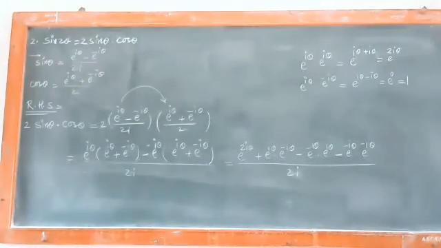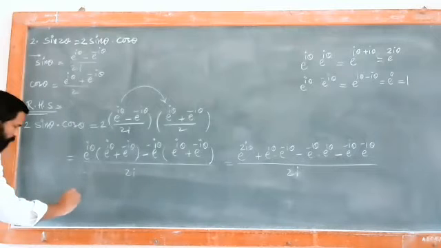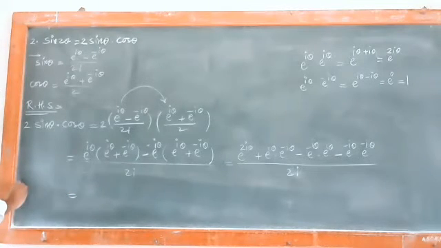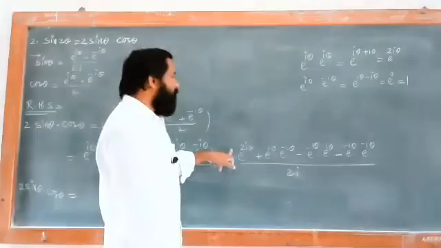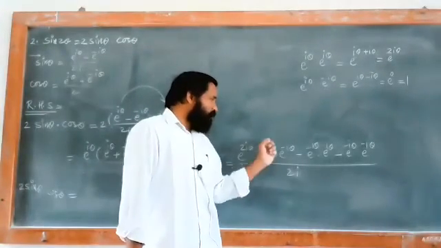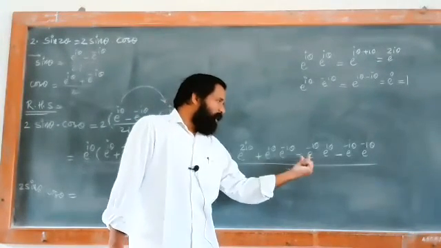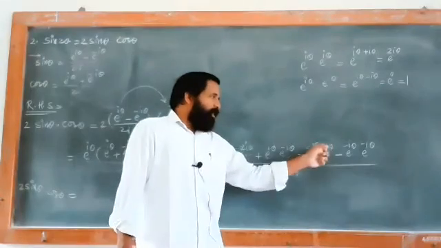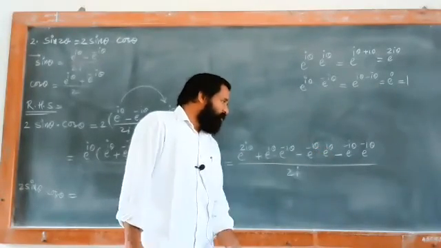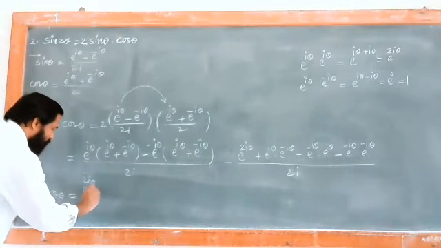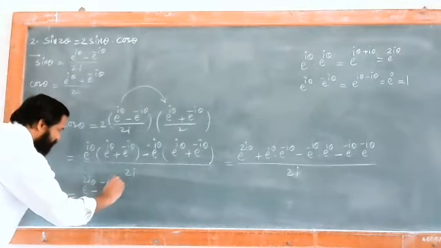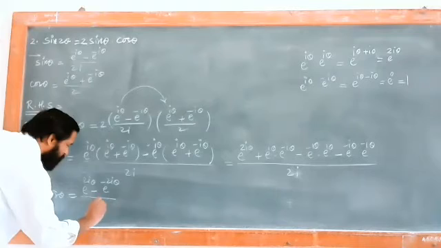Okay. So we can write this is equal to 2 times sin of theta into cos theta. Look at what we have: e raised to twice I theta. Here e raised to I theta into e raised to minus I theta, and here e raised to minus I theta into e raised to I theta. These terms cancel out, and I can have the terms e raised to twice I theta minus e raised to minus twice I theta divided by twice I.